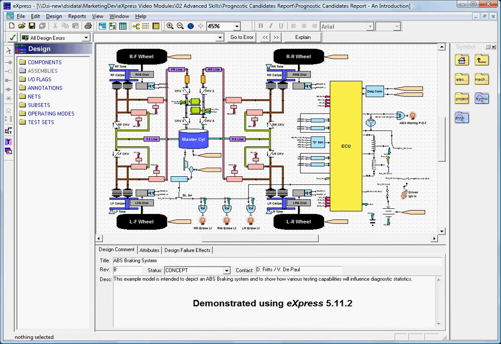This video tutorial presents an introduction to the Express Prognostic Candidates Report, a report that helps the analyst to identify the specific failure modes in a system for which it would be most desirable to develop prognostics. In Express, the Prognostic Candidates Report must be generated from within a FMICA study so that all failure effects that have been defined hierarchically at different levels of the system can be used to determine the end item severity of